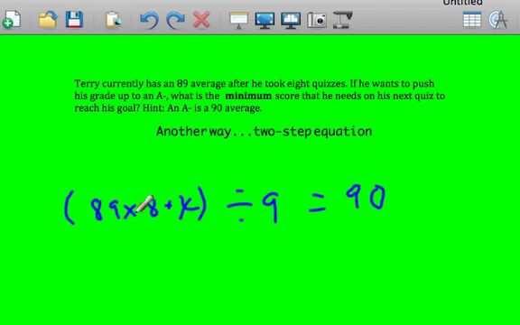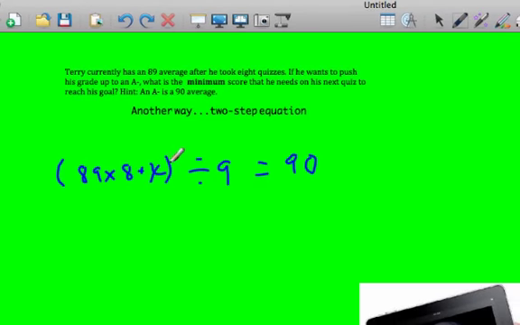And let me explain this part of it. So we have parentheses here, and the reason for that is that when you find an average or a mean, you add before you divide. So remember, with order of operations, you need parentheses at the beginning of the problem. The 89 times 8 part of this comes because we know he had the 89 average after 8 quizzes, so we can assume that 89 times 8 will find us the total points. And we had x because that represents the 9th quiz, what we're trying to figure out here